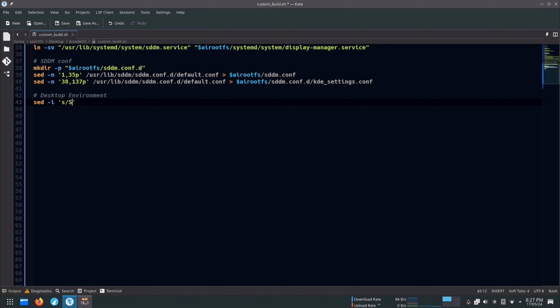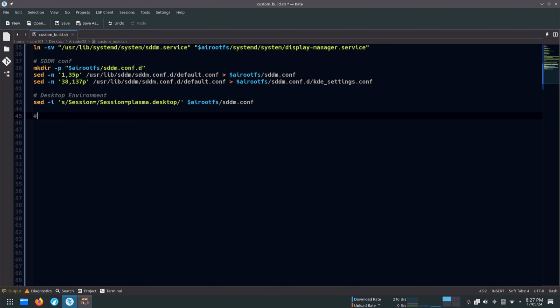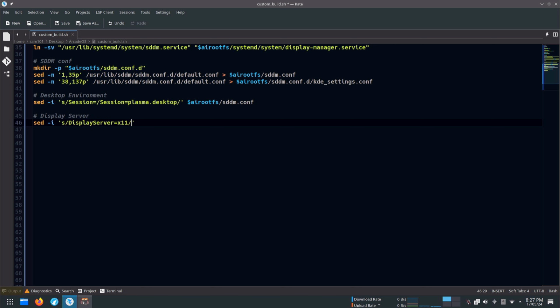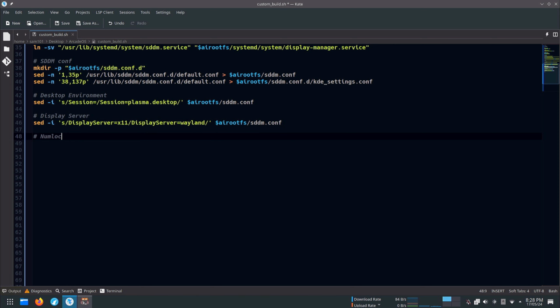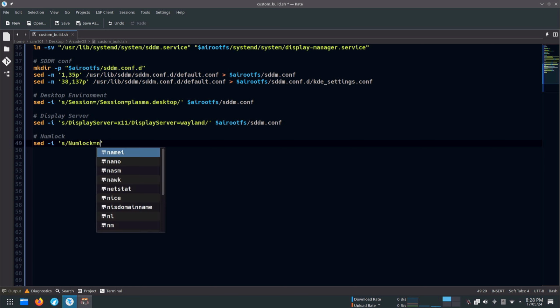Next, we are going to set our desktop environment. Now for the display server, I am going to use Wayland. I am setting numlock from none to on.